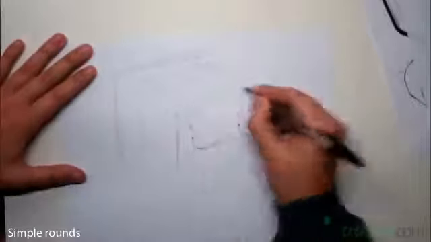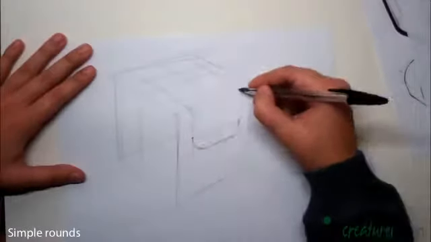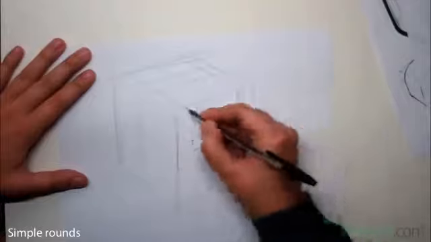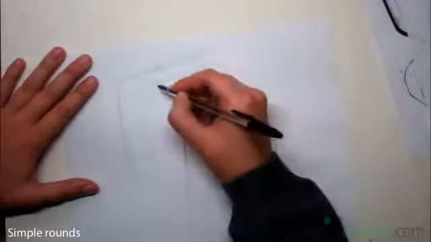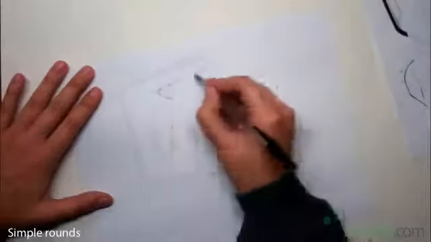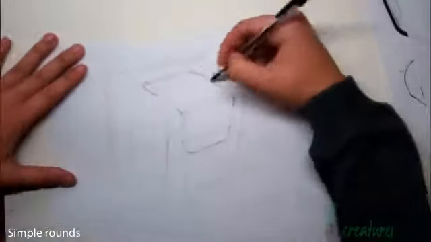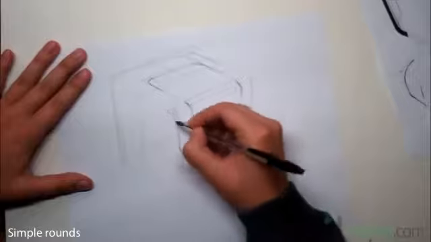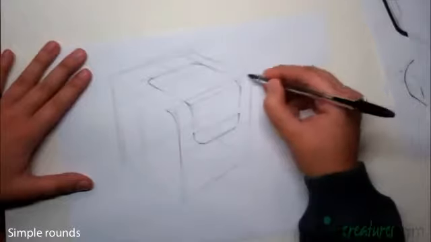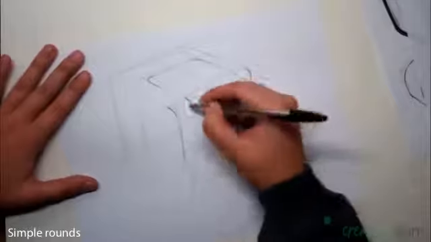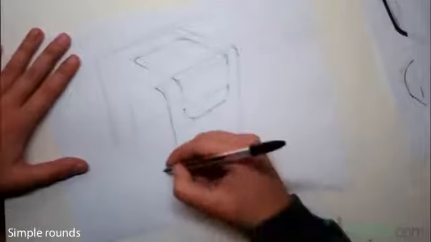I'm going to make 2 more rounds. Again, I do the 2 lines that mark where my round begins and ends. This one is going to have another round right there, and another round over there. Okay? Since I did a round here, I need to do it also over here, and also over here. Okay? So I have these rounds, and now I am going to make